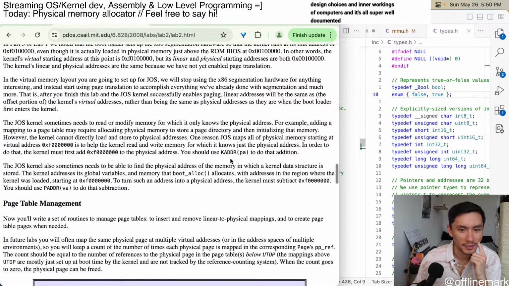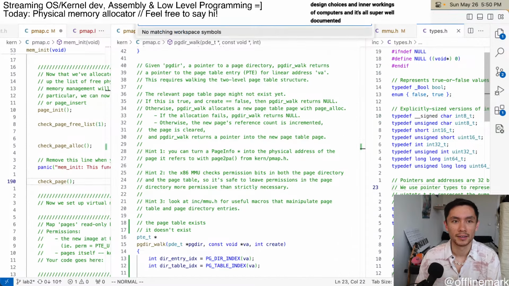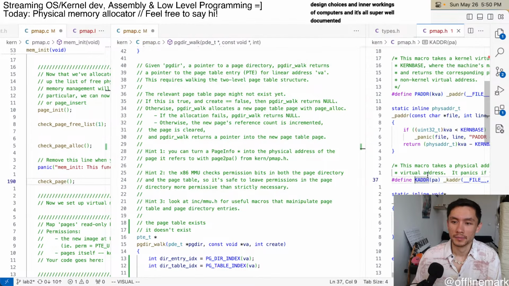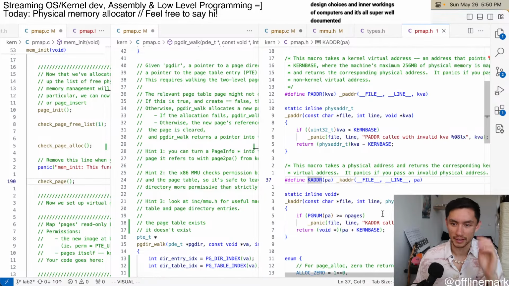Okay, it was talking about, in order to do that, K-adder, this is that K-adder thing. But I'm pretty sure I read this earlier, and all it does is